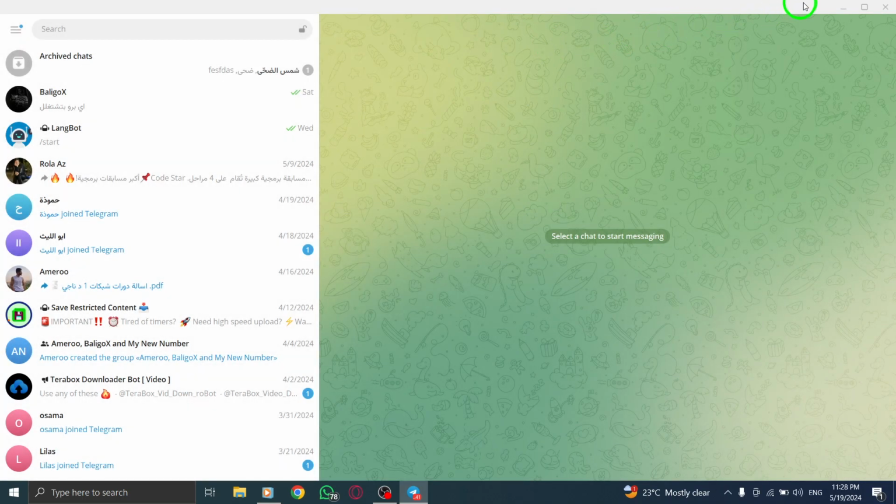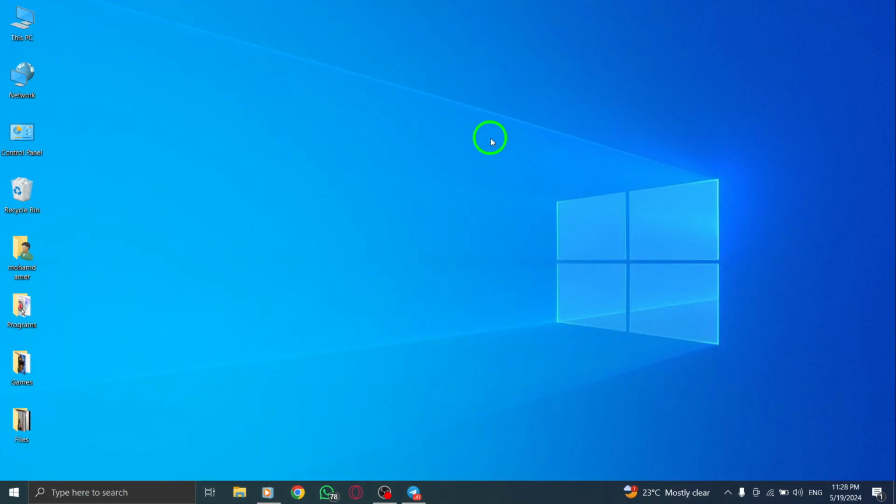Your Telegram app on PC is now securely locked with the local passcode you have set up. By following these straightforward steps, you can enhance the security of your Telegram account on your PC and protect your personal